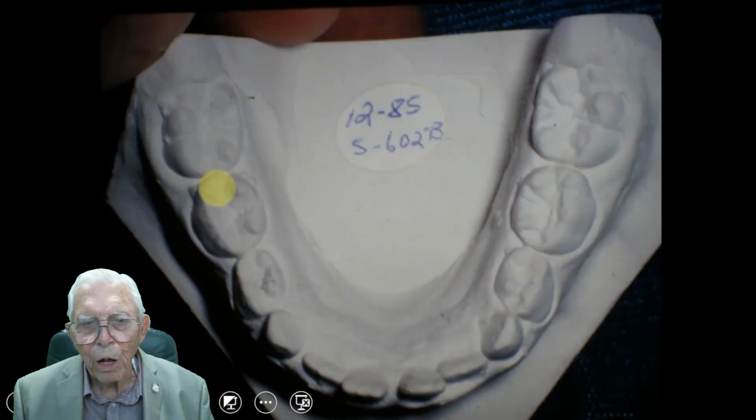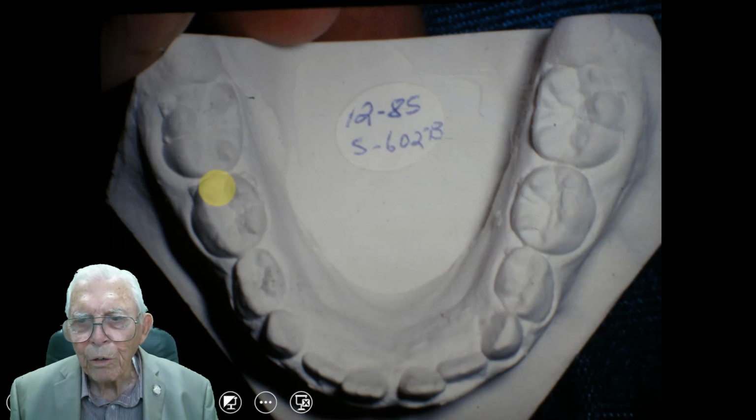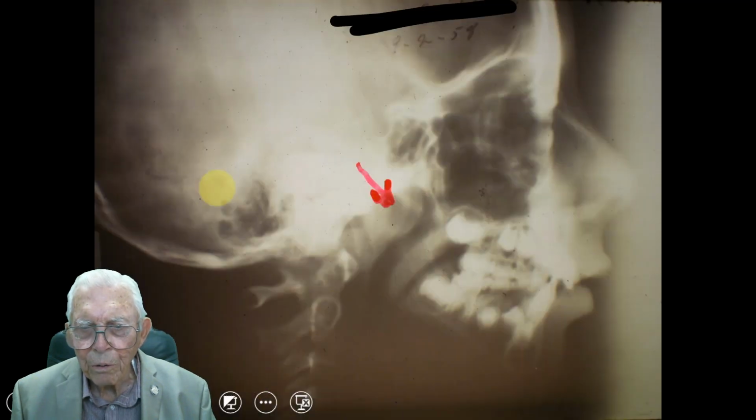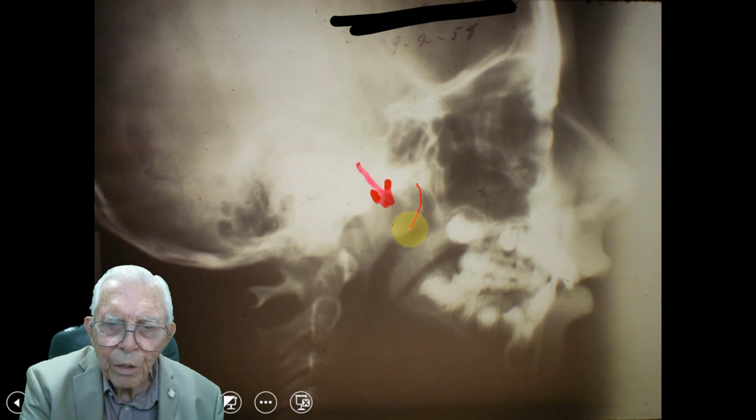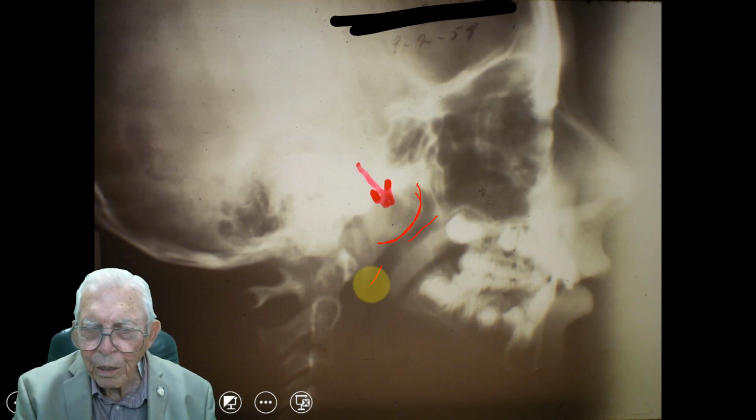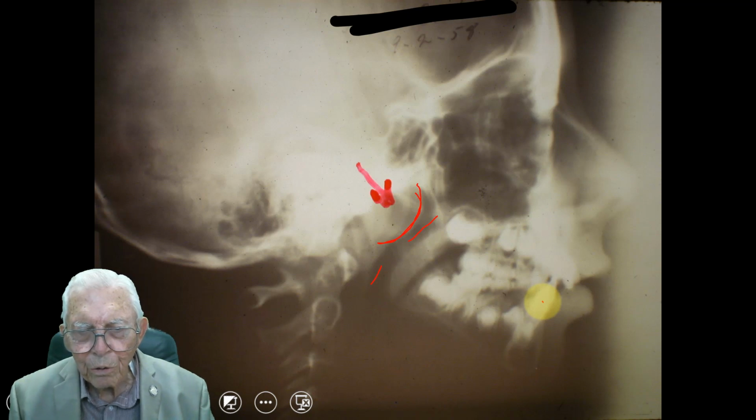And we're going to use an occipital headgear, and I'll show you a good bit of other things where we use the occipital headgear. So this is the lower, this is 12 of 85, and here again is the adenoid tissue. If you look at it right in here, this area right here, the airway is not as bad as it was on the other case, and still she's a tongue thruster, so I think we put fingers out there to train the tongue